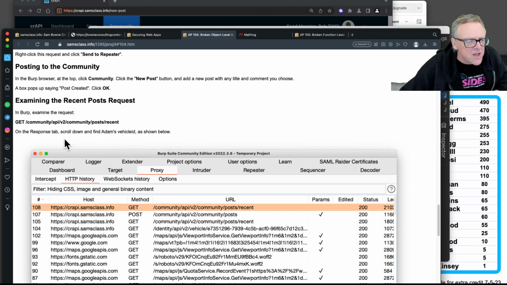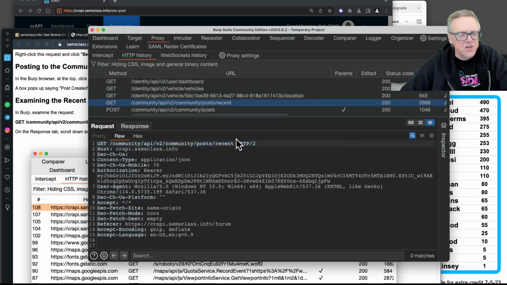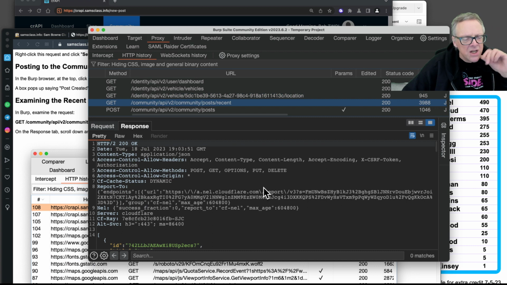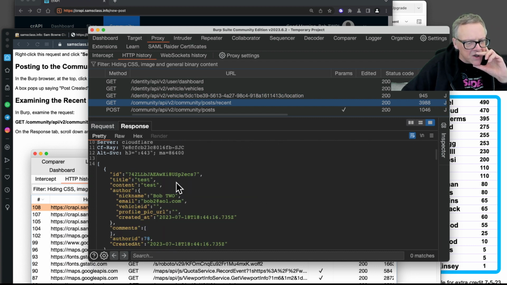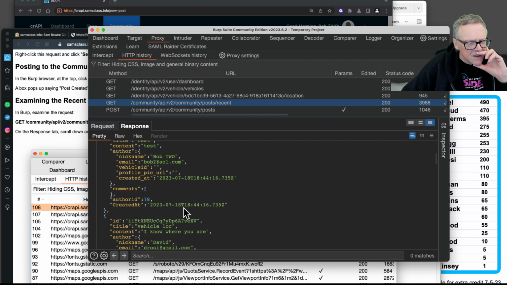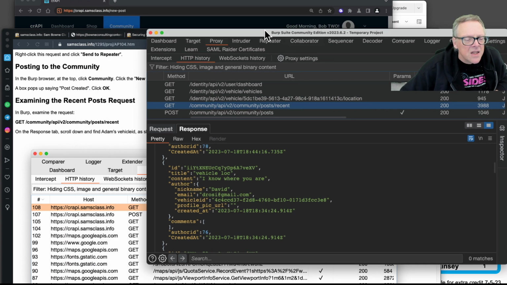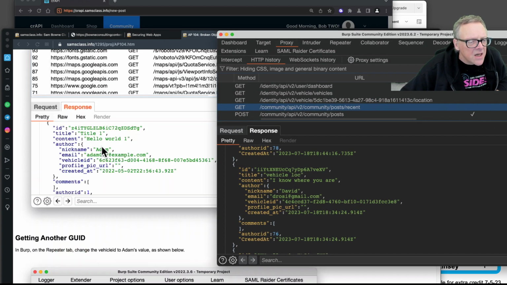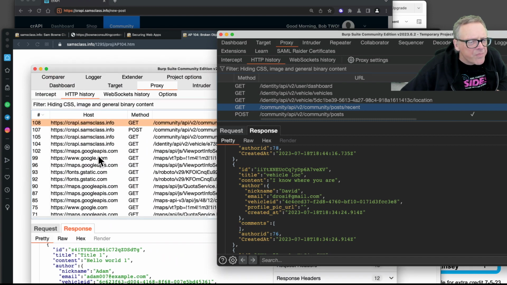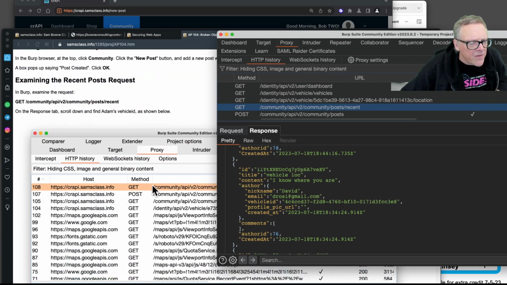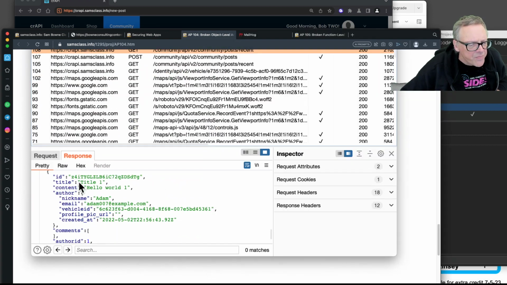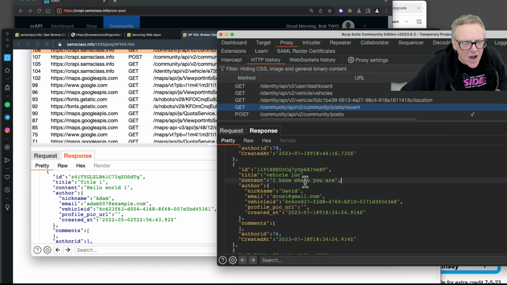Here's the posts recent is the one I want. Okay, posts recent. So the question is, in the response, do I have other people's vehicle information? Here's Bob2. And here's, I know where you are, Dave Rossi. Okay, here's various people. All right, so let's see if I can find, I was hoping to find Adam's vehicle ID. Down here, there's an ID, but I can probably just find another student's ID. Like here's David's ID, so you find an ID you can find,